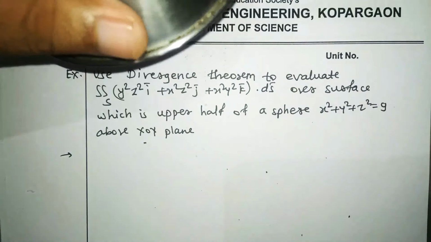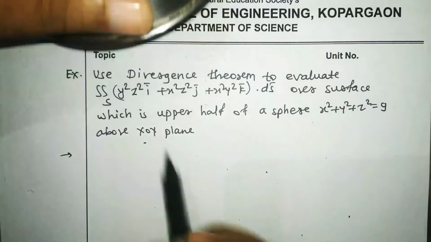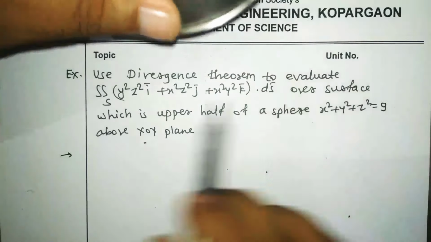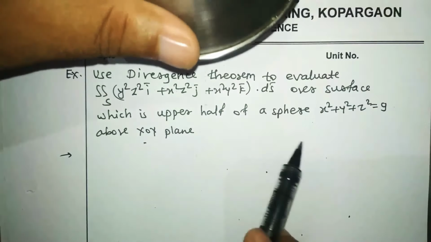Then we have to evaluate the double integration over this half sphere. This is not actually a half sphere, but for understanding, just suppose that this is a half sphere. Now you have to evaluate the double integration over the surface of a half sphere. Now look at how many surfaces this half sphere has. This is the curved surface of the half sphere and this is a plane surface of the half sphere. So there are two surfaces for this half sphere.